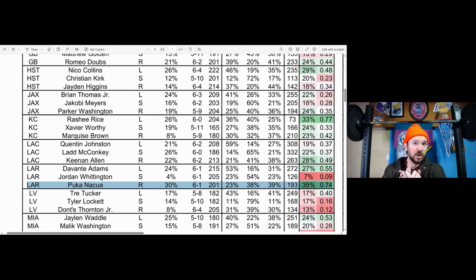So, one of the highest target shares in the league, and one of the highest fantasy points per route run in the league, if not the highest. I'm pretty sure it is. Oh, no, I see Rashee Rice is at 0.77 right now, but he's just coming back, dude. A smaller sample size. Puka Nacua has been insane this year. So, hey, a downgrade to Puka Nacua is like he goes from top 2 wide receiver